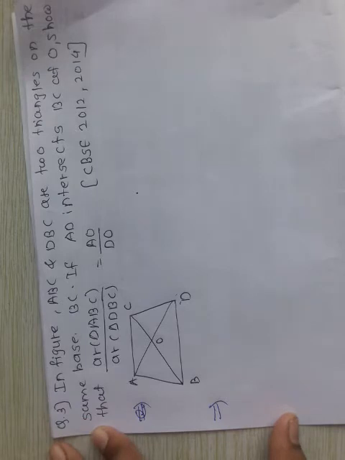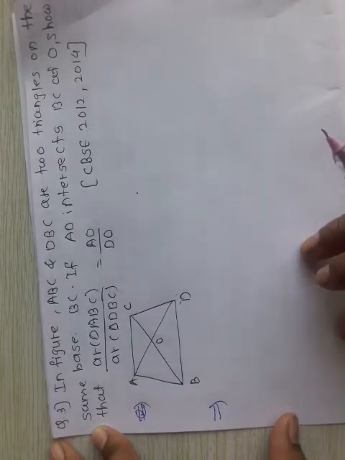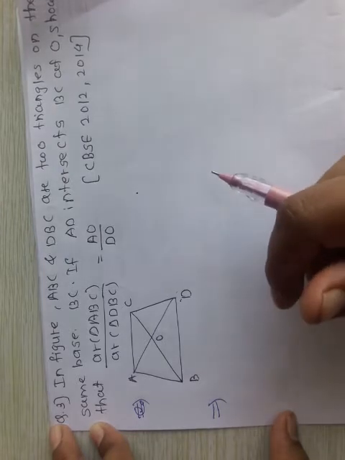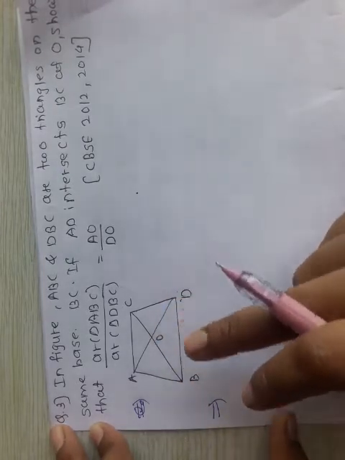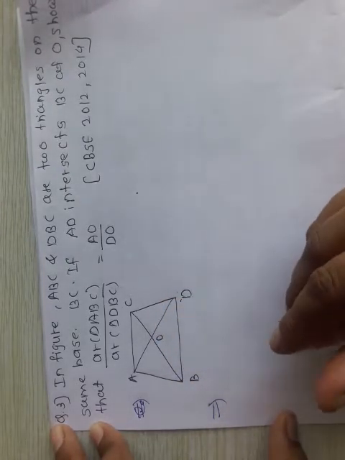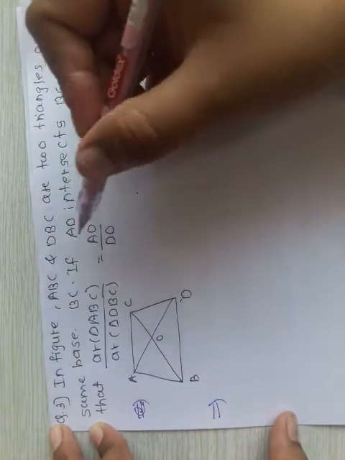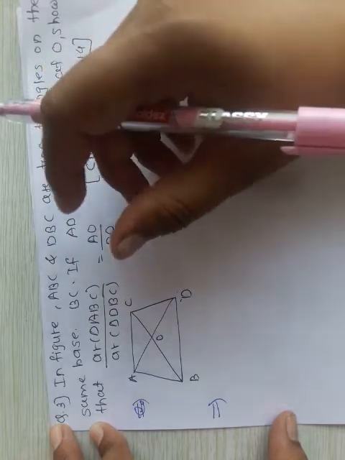Okay, so we have to prove the ratio of the areas of these two triangles is equal to AO upon DO. Again, that these two triangles are similar is not given to us, means we have to prove them similar triangles. Then after that we have to take the ratio of the areas. But see, again perpendicular is not given to us in both these triangles. When we take the areas, then we need the perpendicular. We do not get this AO upon DO directly, so we have to make the construction.